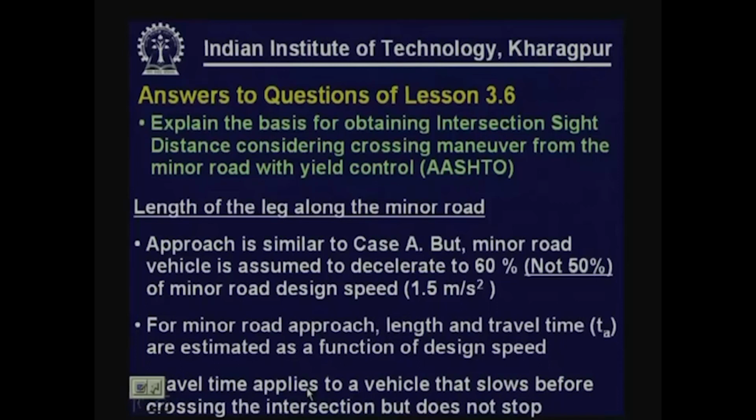Now, let me quickly try to answer some of the questions raised in the last lesson. Explain the basis for obtaining intersection side distance considering crossing maneuver from the minor road with yield control. Now, two things we have to do: length of the leg along the minor road. This approach is similar to case A, that means no control, but minor road vehicle is assumed to decelerate to 60% of the speed, not 50%. So, accordingly the TA value, or the time to approach the major road, is decided, and here the assumption is that travel time applies for a vehicle that slows before crossing the intersection,